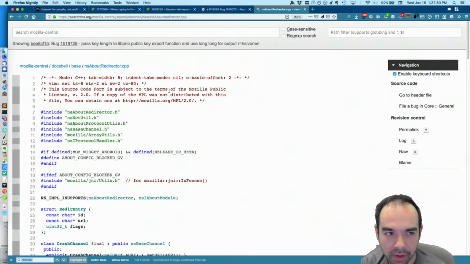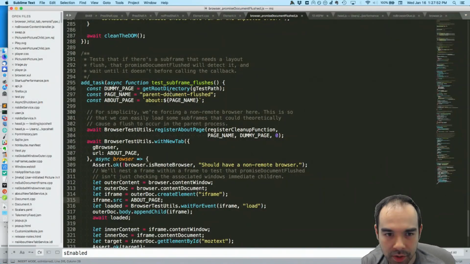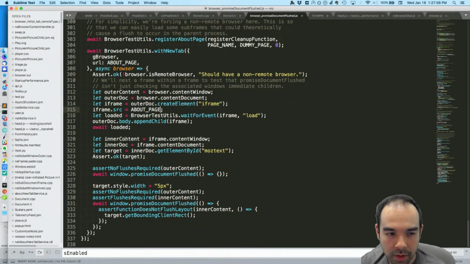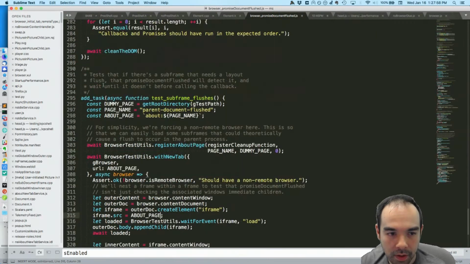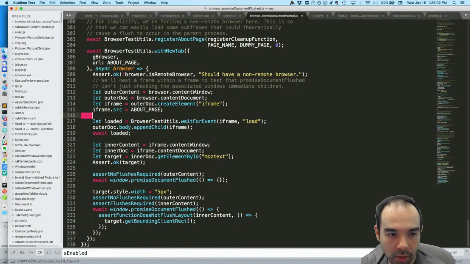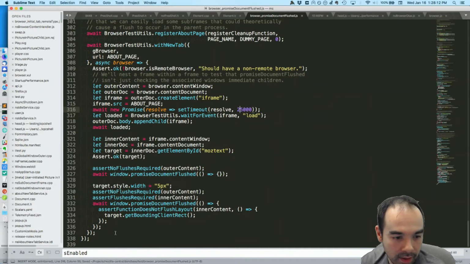Unless, hold on, what's in the example page? Let's await new promise resolve, because it could be anything. Resolve 5,000. All right, so we're gonna have it wait 25 seconds before failing, and then I'm gonna only run